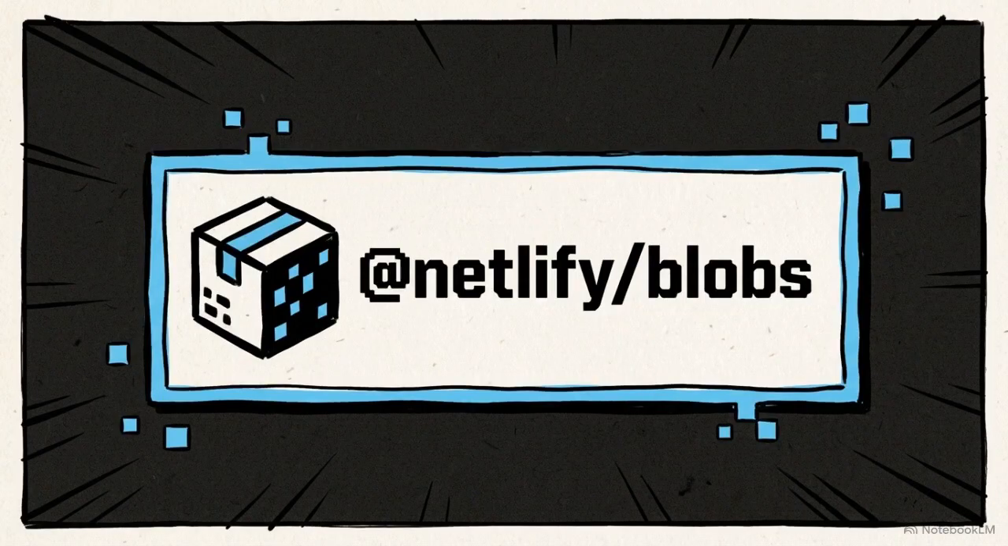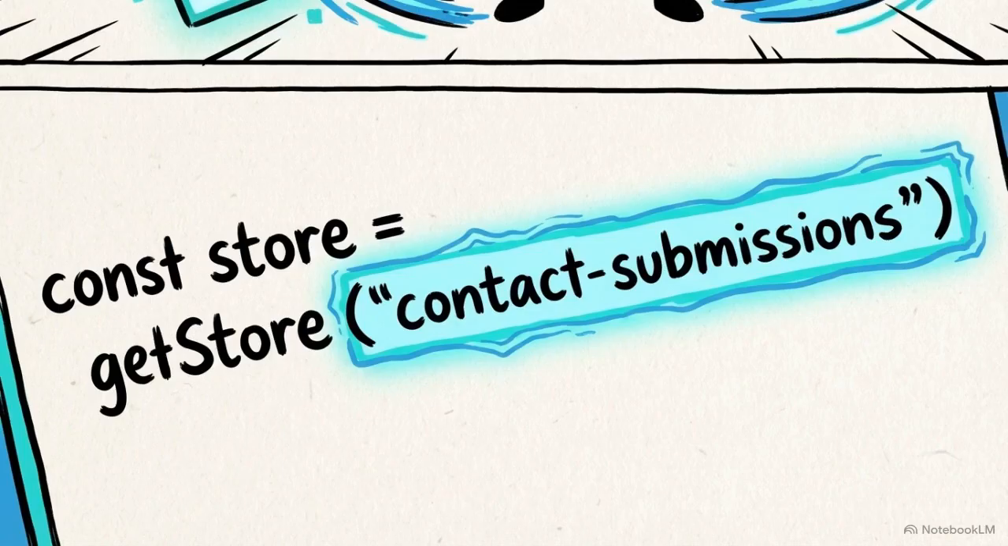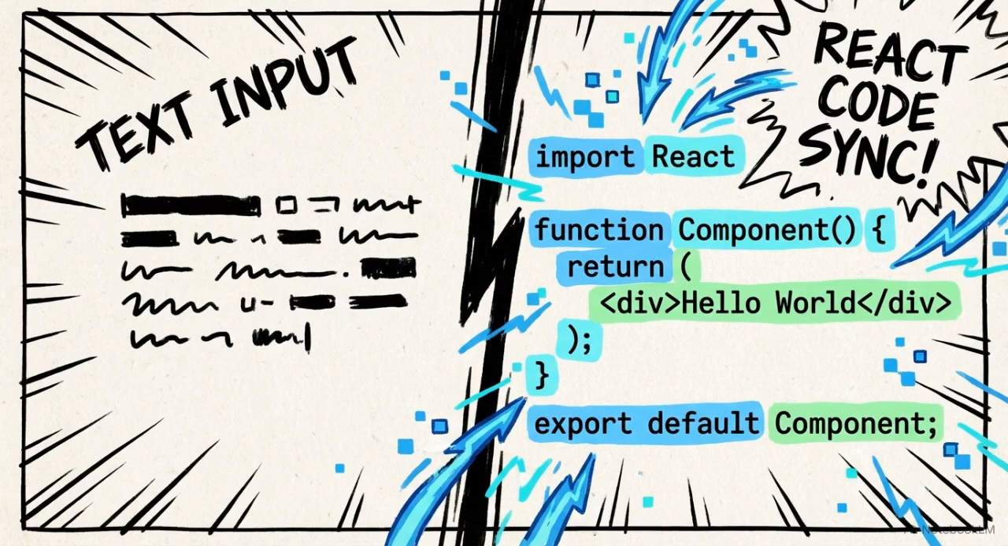We specify the exact dependency needed for storage, telling the AI to use the @netlify/blobs package. To keep submissions organized, we instruct the AI to target a specific storage namespace called contact submissions. Finally, we update the React component. We tell the AI to redirect the form's post payload to the newly created route at